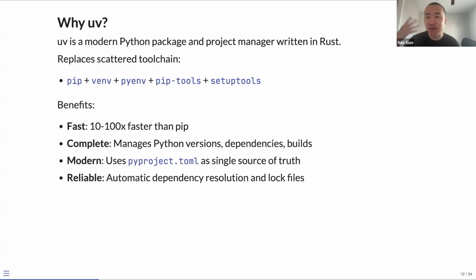It also follows a very modern Python packaging standard driven by pyproject.toml, which simplifies the configurations that were previously scattered around different configuration files in a very neat way.